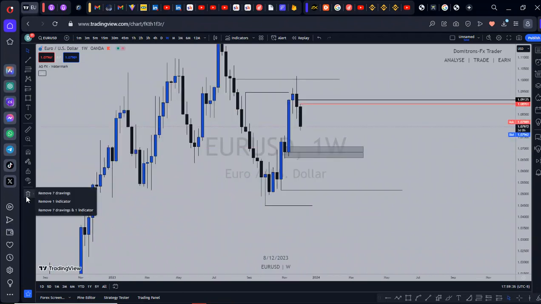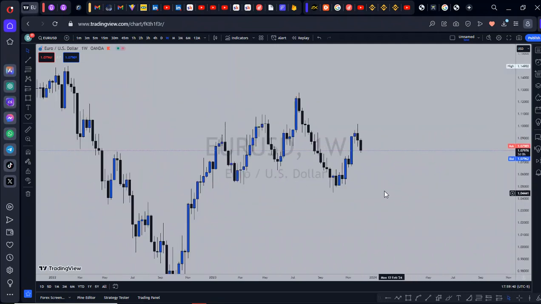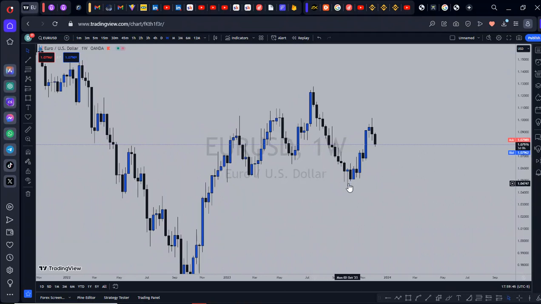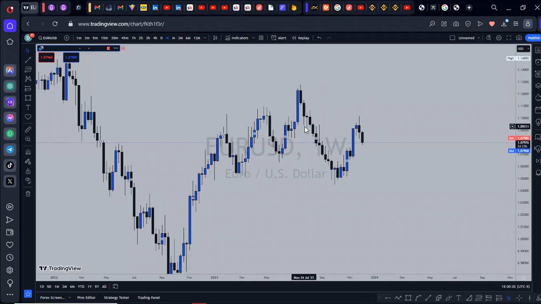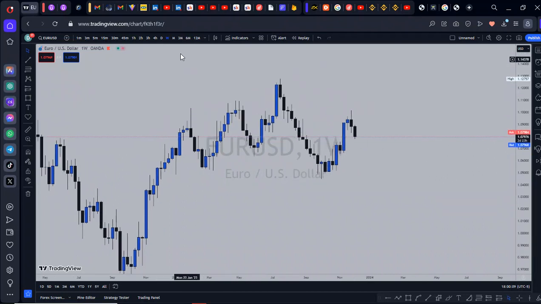Alright, so I'm thinking of the drawings out, and we are going to do our analysis. Now, on the month of October, I was talking about the euro dollar going bullish, and I said that I might be looking for it to go to this high based on the long-term analysis, and I also talked about it printing a structure of higher highs and higher lows, right?